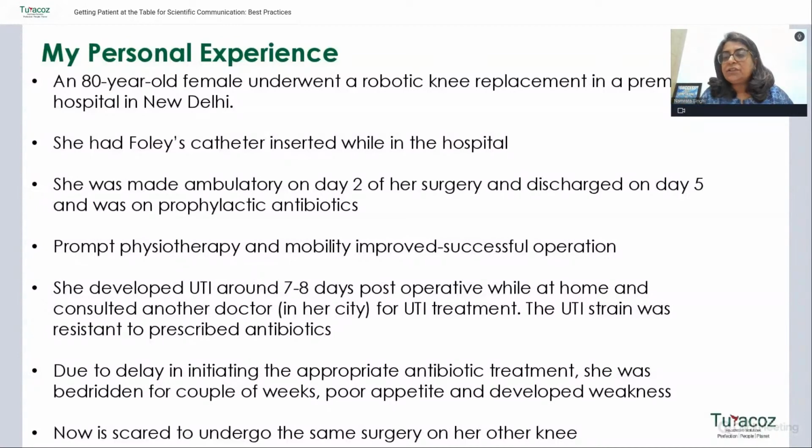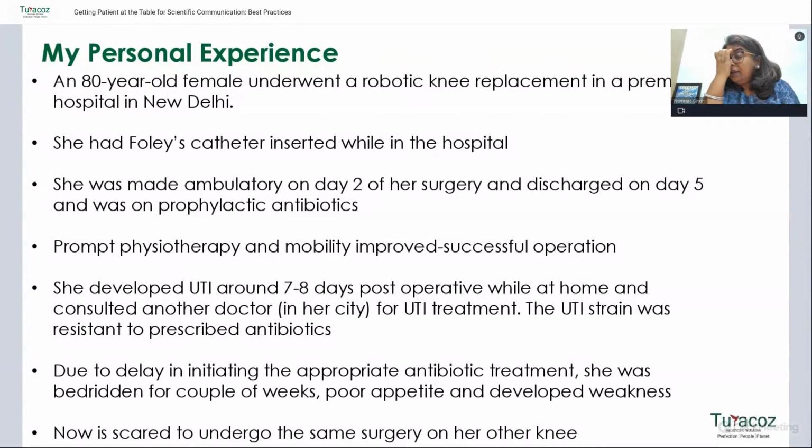Her own health is not that well, and she developed poor appetite. There was generalized weakness, and she's a very active person, and she became, I would say, very depressed, and she was not enjoying her life, not having food, not talking to people. And anyway, she became better. It took about a month or so for her to regain her strength and become better.